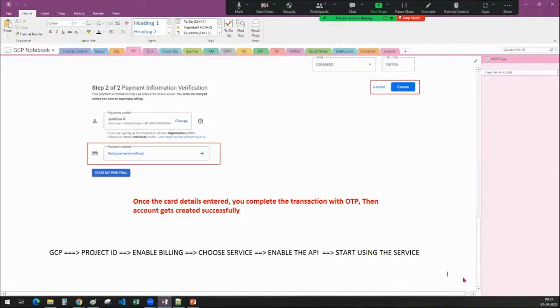We can create any number of projects. I think for free trial status, we can create a maximum of 10 projects. There is no bill for that. There is no billing cycle for that. There won't be any bills, sir. All the bills will be debited from our free trial status only. Whatever you are doing, all will be debited from your free trial status. For creating a new project, there won't be any bill. If you use any resources, that's where the cost will be tracked.